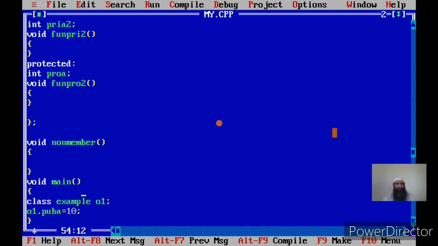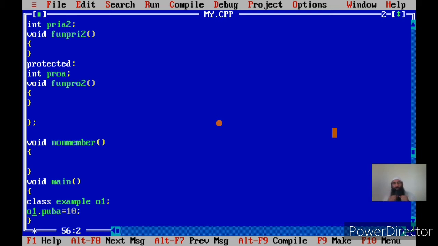Now a non-member function main is trying to access the public member of a class, but how does it access? It uses the object name for accessing that member, because the member does not exist independently, it is a part of an object.